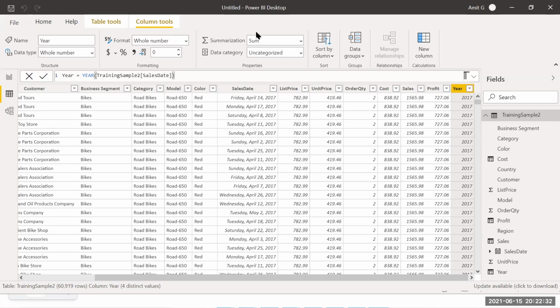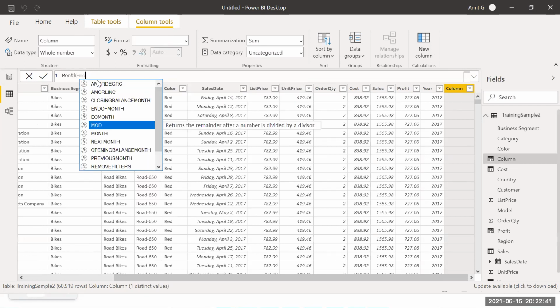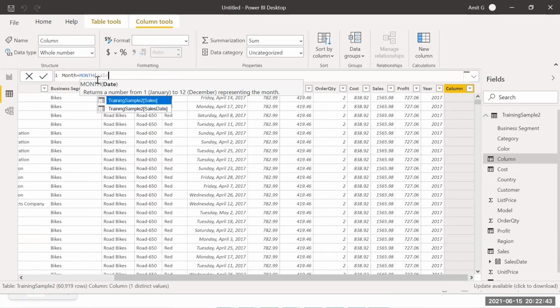Same way, can you please extract month number as well? If you want to extract the month number, how will I do it? That will be month equal to month of sales date.